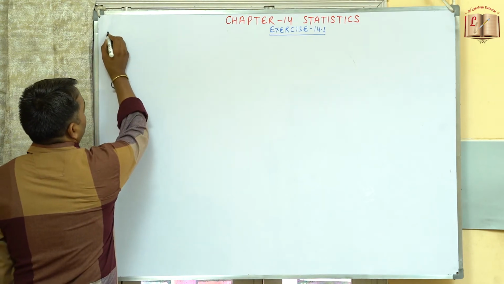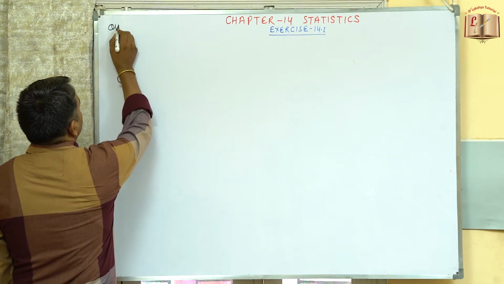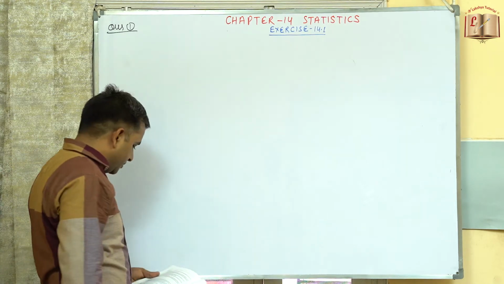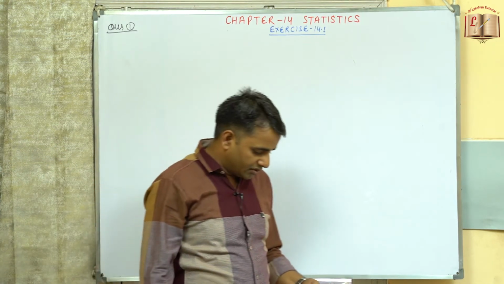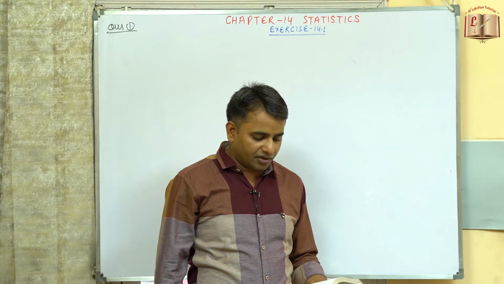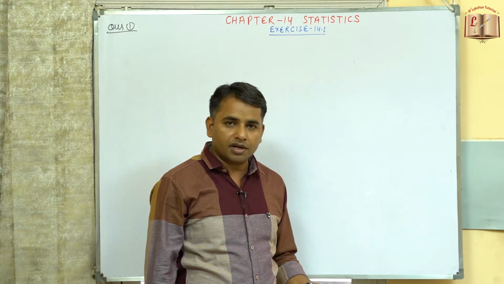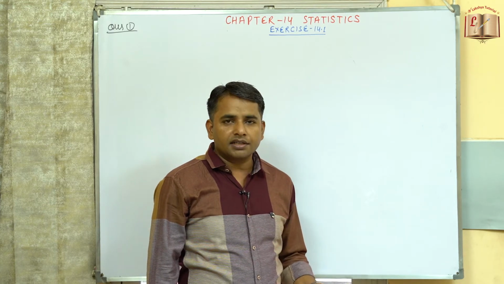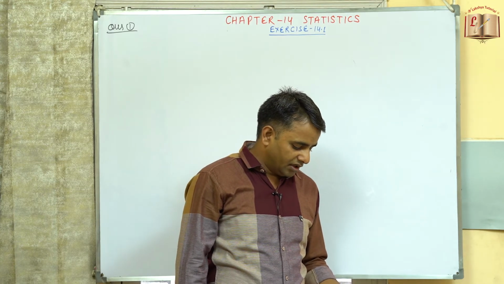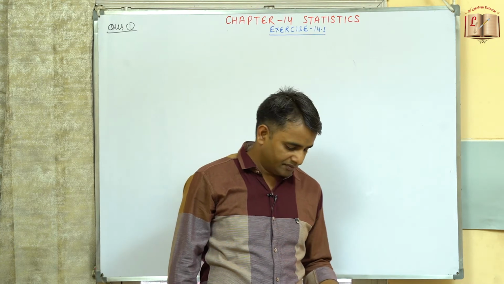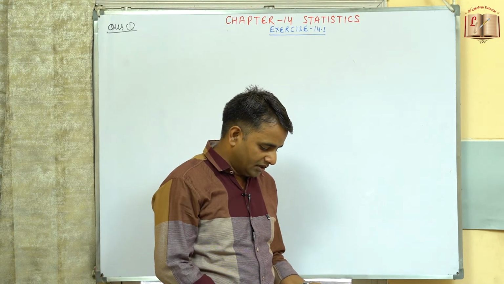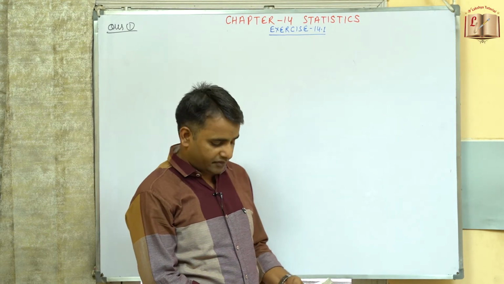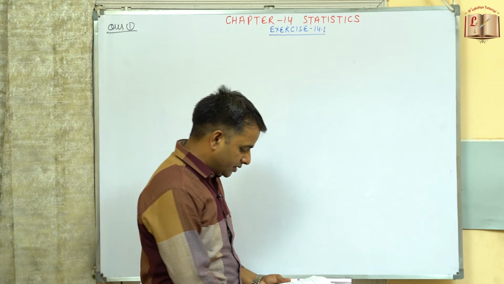सो अभी हम एक एक क्वेश्चन को समझते हैं, स्टार्टिंग विद एक्सरसाइज 14.1। सो कम टू क्वेश्चन नंबर 1। It is given that a survey was conducted by a group of the students as a part of their environmental awareness program in which they collected the following data regarding the number of the plants in 20 houses in a locality. Find the mean number of the plants per house. So we need to find out the number of plants per house.